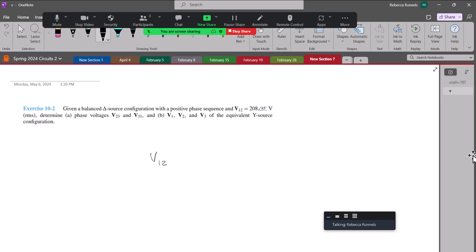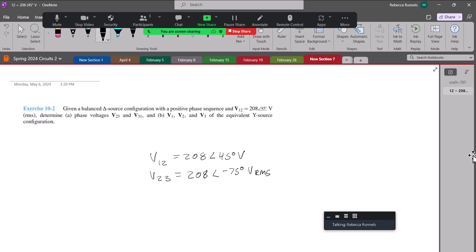So if V12 is 208 angle 45 degrees volts, then V23, it's balanced, so we'll have the same magnitude, 208, and then 45 minus 120. So that'll be minus 75 degrees